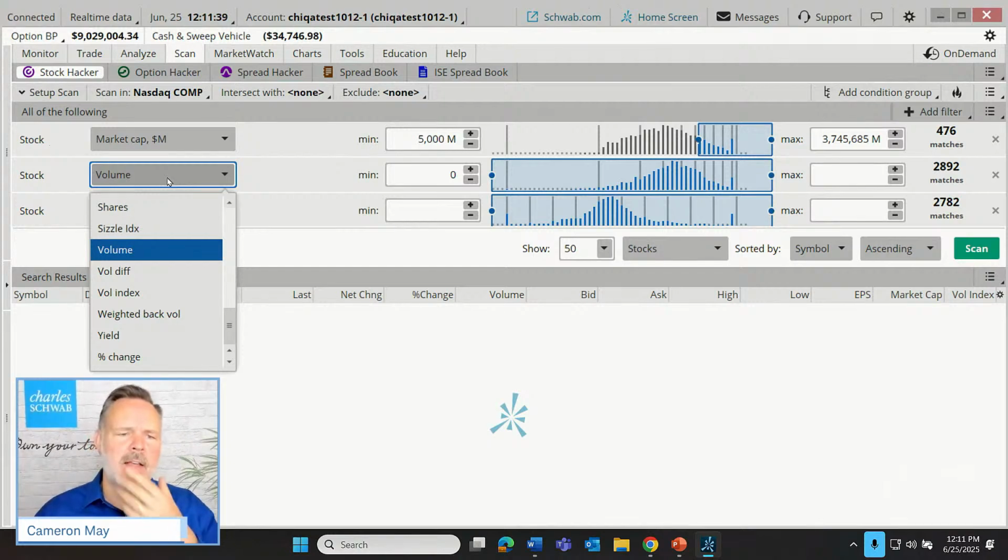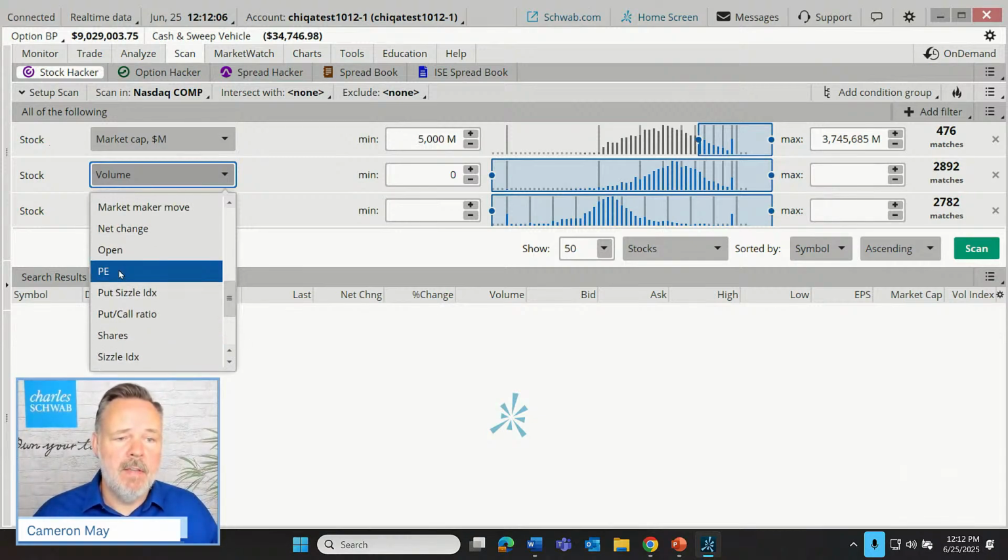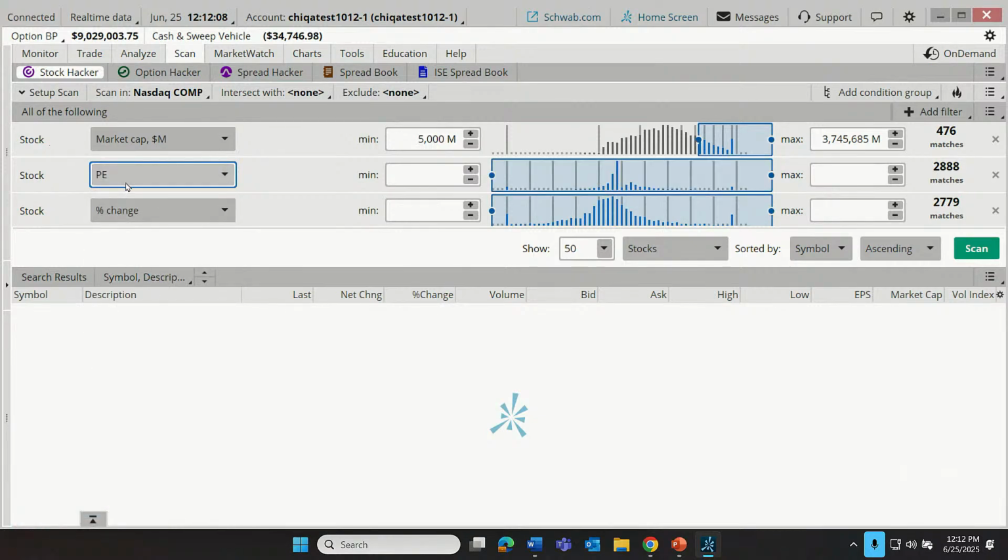Next up, let's say our trader has a preference for a fundamental characteristic. Maybe they're a value investor. And they want to find among those mid cap to large cap stocks those that are trading at least through one technical lens at a potential value. And one measure of value for some investors is the PE ratio, comparing the current price to earnings over the last 12 months. And so let's choose here in our default menu PE as our PE ratio.